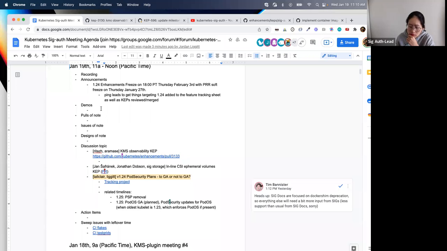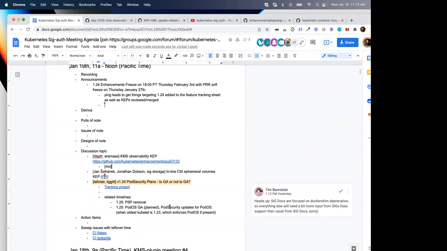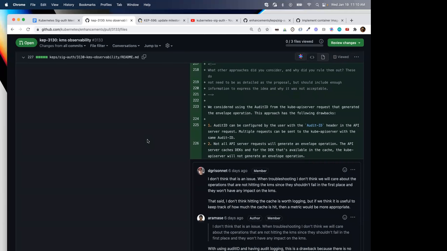Any comments, concerns? I think the main thing I have related to this is, I think what's described in there is totally fine. It's a very small change, and I think it's a straightforward change.